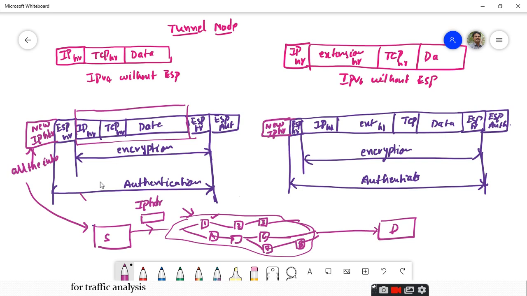Why we are adding this new IP header means, you can see that the tunnel mode is providing the security for the entire IP packet, that is, it includes the IP header, TCP header and data. If you encapsulate these three data information inside this ESP header, the nodes that are present inside the internet cannot route the packet to its destination. To route the packet to its destination, the routing information and the destination address is to be added with the help of the new IP header. Very, very important. This is one of the differences between the transport mode and the tunnel mode.